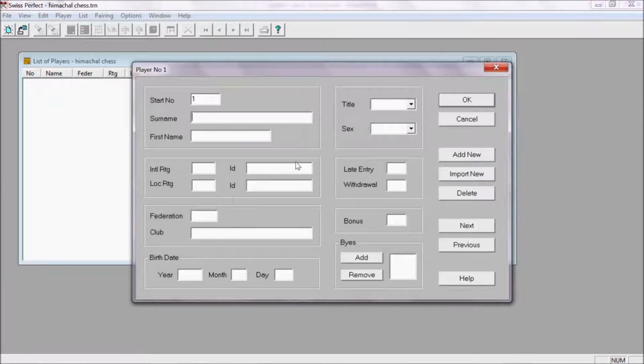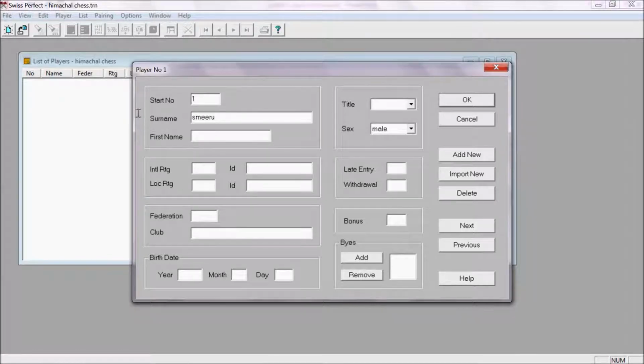So you can enter them randomly. For example, in my tournament, as I said, there are 9 players. For example, I'm entering those players. You can also input the international rating of those players if they have an international Elo rating.